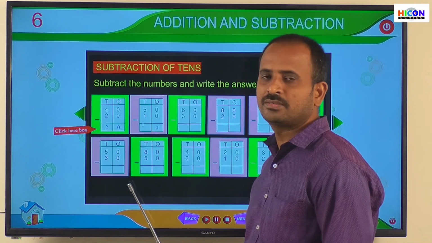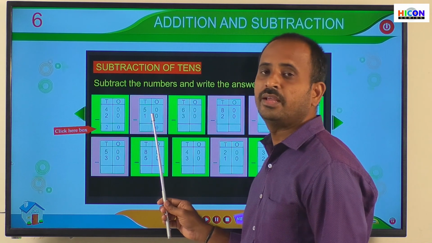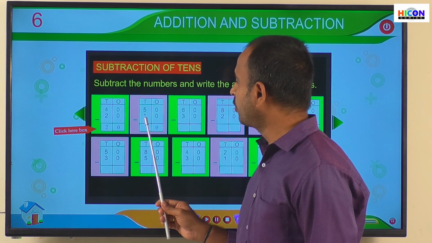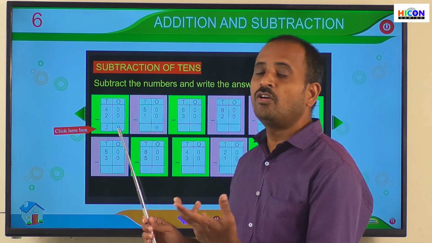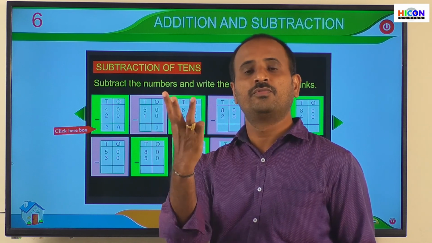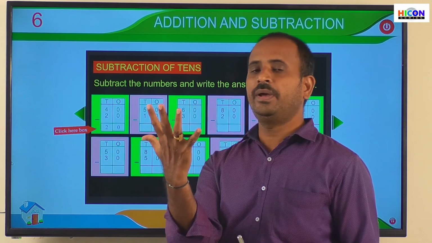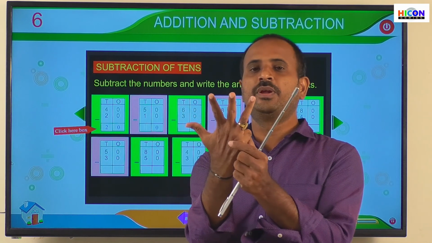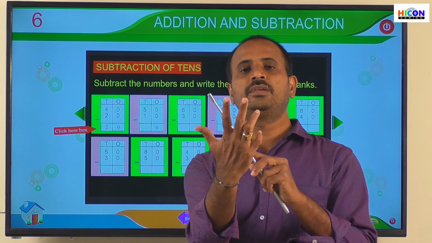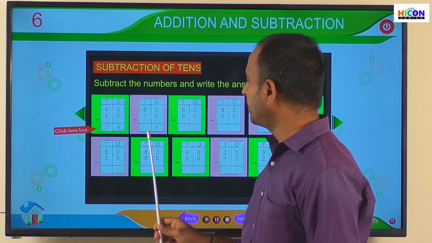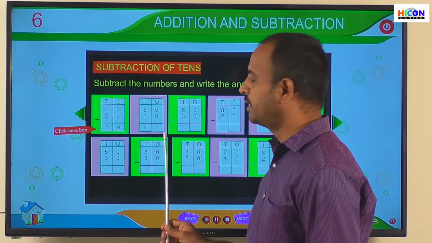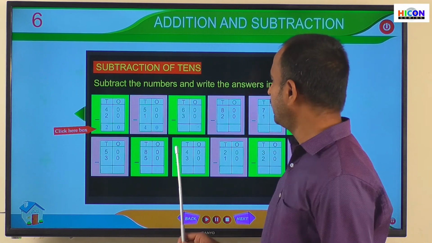Now go to the tens place. That is 5 and 1 are there. So subtract 1 from 5. Open 5 fingers and close 1 finger among those. Open 5 fingers, 1, 2, 3, 4, 5. And close 1 finger. Children, how many fingers are remaining? There are remaining 1, 2, 3, 4. So there are 4 fingers remaining. Write 4 under the tens place. So the answer is 40. Now go to the next one.